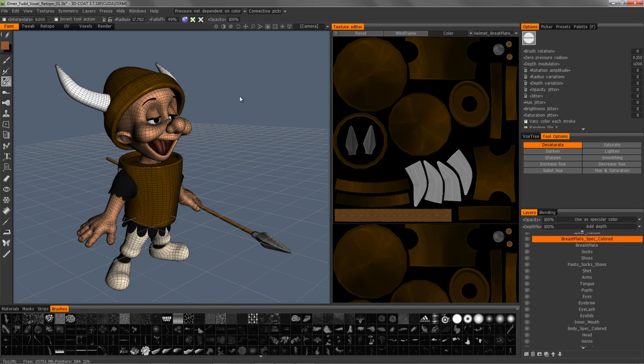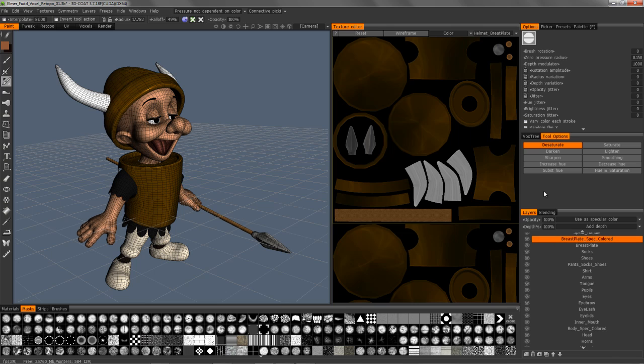Let's continue on now with our overview of the user interface in 3D Coat. Before I go on to the materials and mask as well as the brushes palettes, I want to touch on a few things in the layer panel that I didn't cover previously, and that is the right-click menu on the